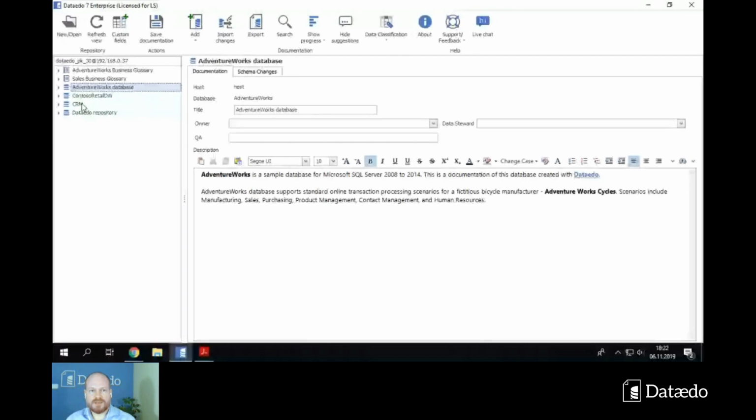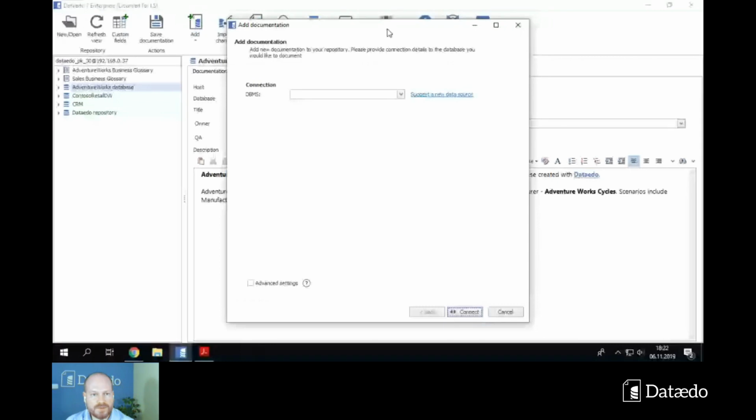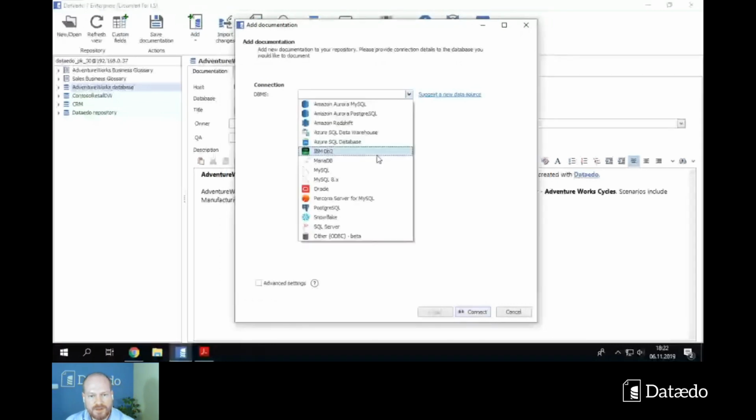So what you do next is you need to import metadata to the repository. So you need to provide the connections to your databases. To do it, you click Add, you choose Database Connection. You choose the engine. We have a number of different native connectors. We also have an ODBC connector that supports the majority of the sources. The metadata doesn't always include everything. So if you have a native connector, it's advised to use this. Then you provide the connection details, hit connect. The database will be scanned, and we will import